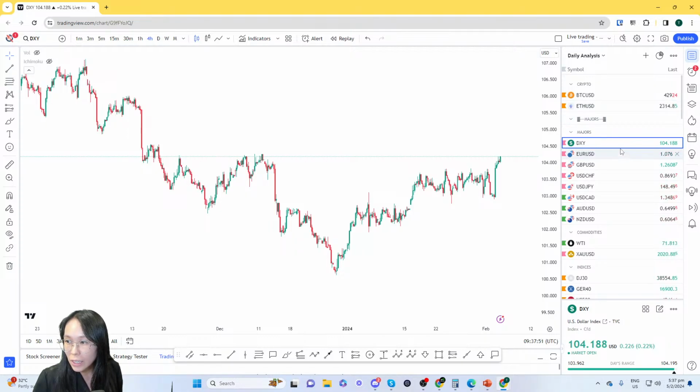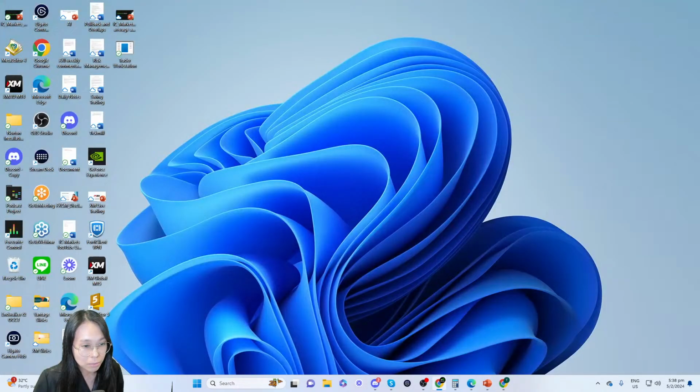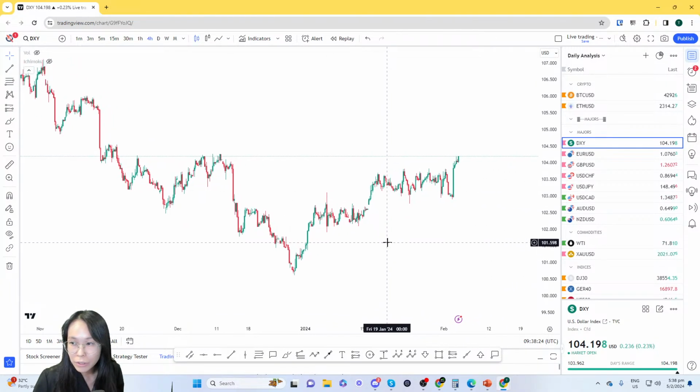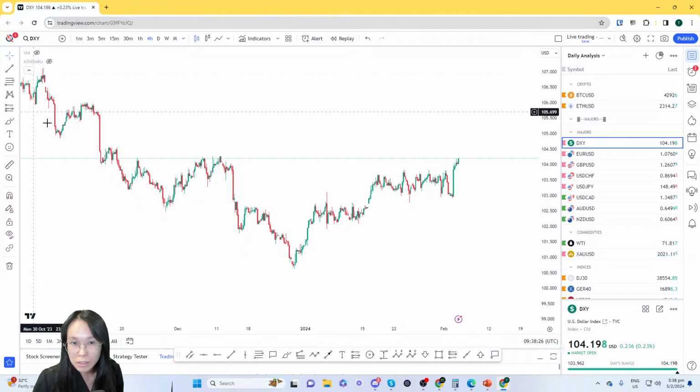Now let's look at the dollar index. After the dollar index, we will take a look at the Aussie CAD and Euro CAD pairs. Feel free to leave in the comment section what other currency pairs you would like to look at. Let's start with the dollar index first, then after that, we'll move on to the requested currencies.